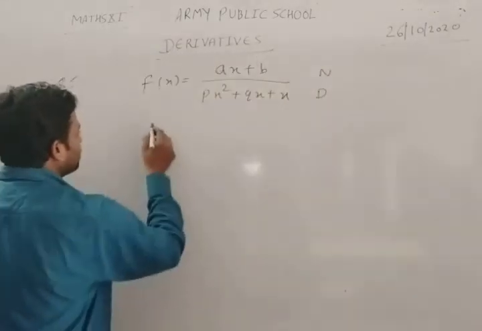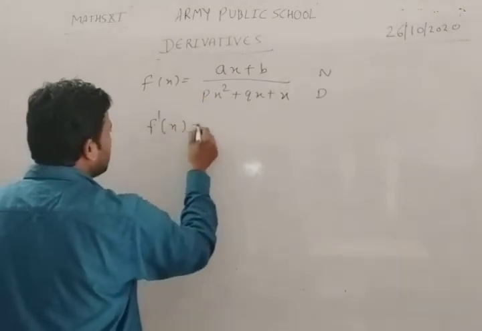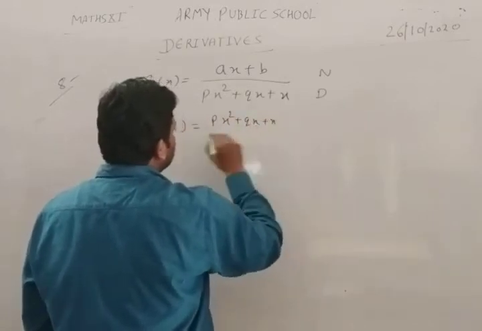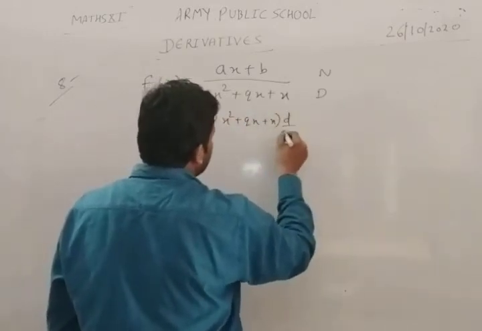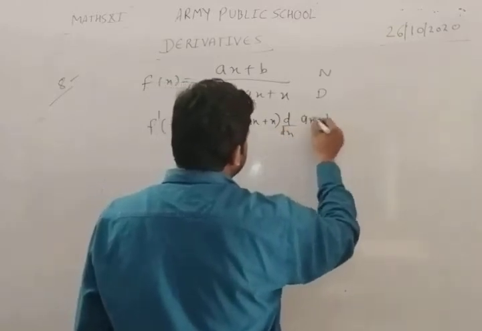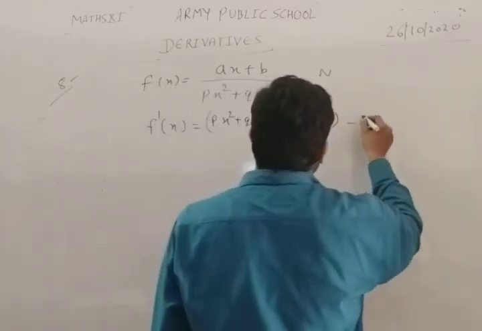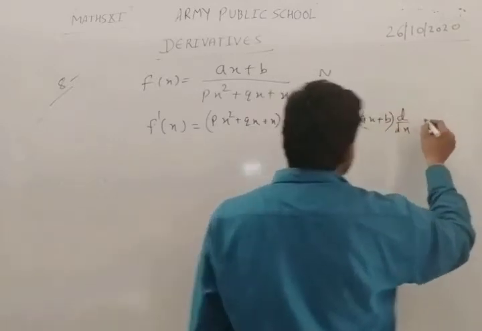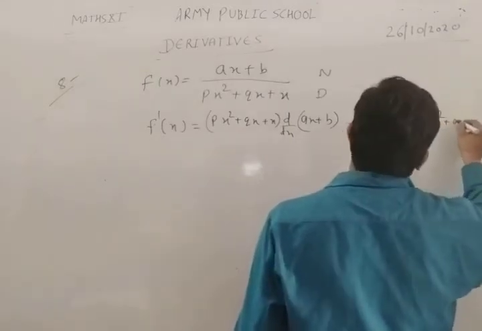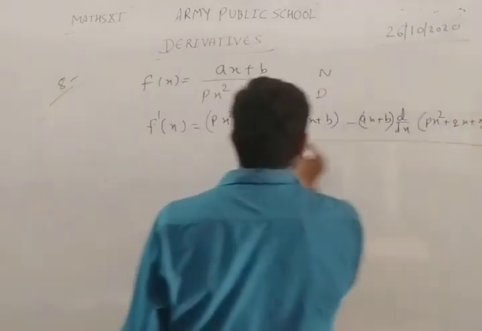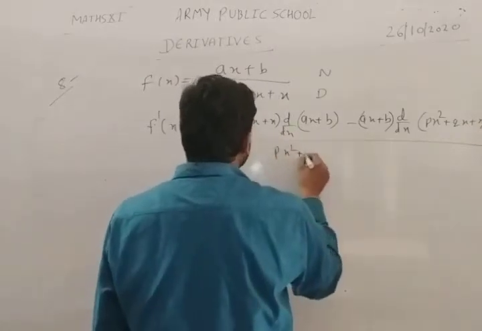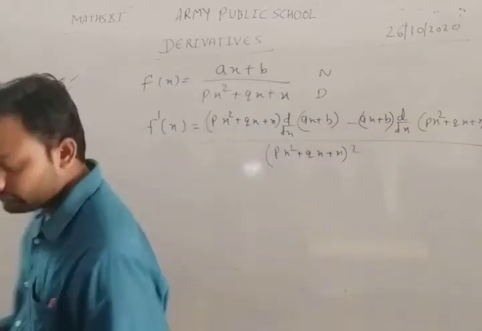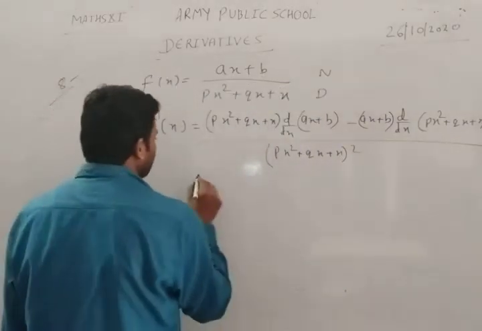so f dash x is equal to d times the differentiation of n, minus n times the differentiation of d, and divided by d whole square. Okay, so we write